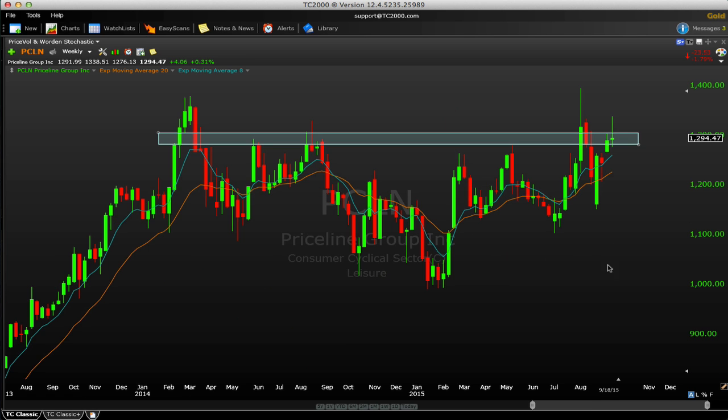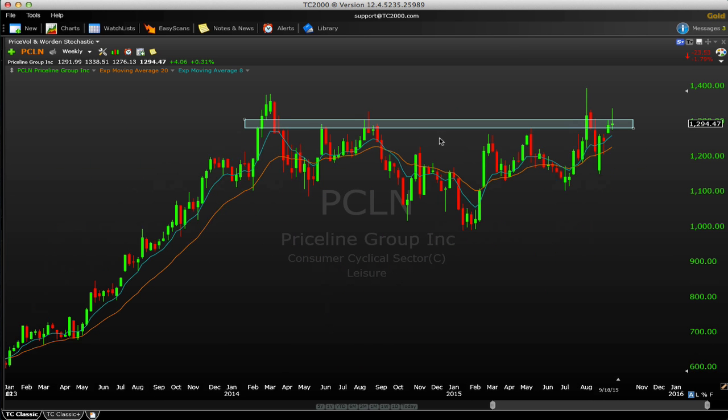Priceline, we talked about this one, 1300. If you look at a weekly chart again, you can see the base that it's been putting in now for 2 years. I think getting a close above 1300 could start to set this one in motion again, but it couldn't quite get it this week, even though it closed slightly up, which was nice outperformance, but we couldn't get that close a little bit stronger.